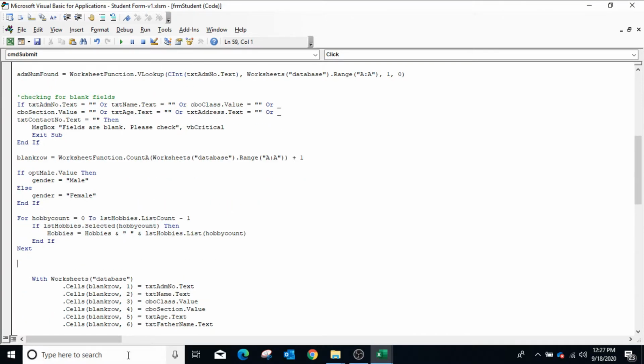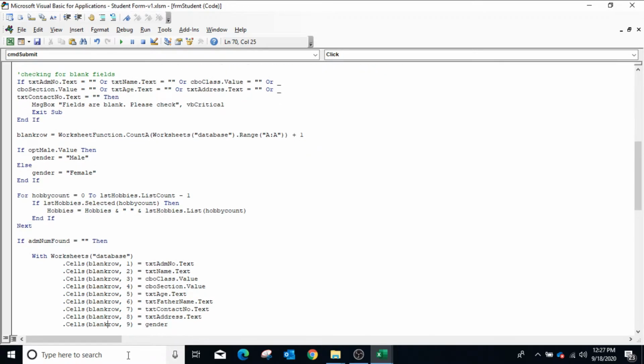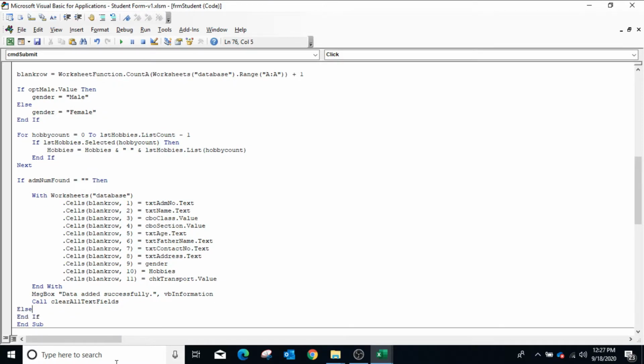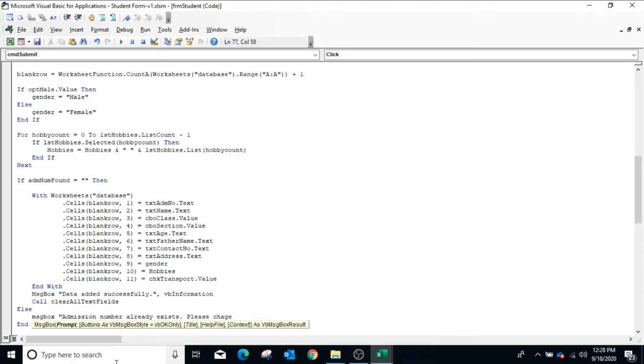So before the With statement, type If adm num found equals blank, then we will add the rows, else close the If statement and show the message box: admission number already exists, please change, comma, VB information.